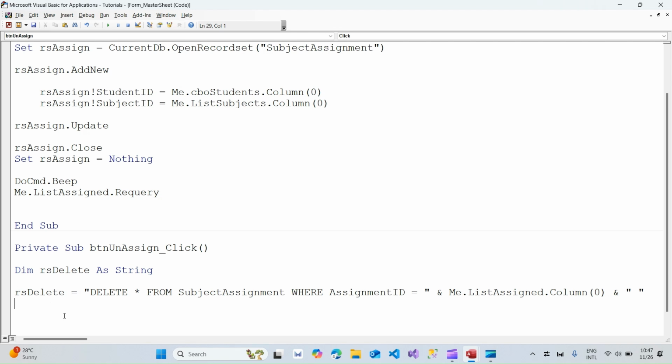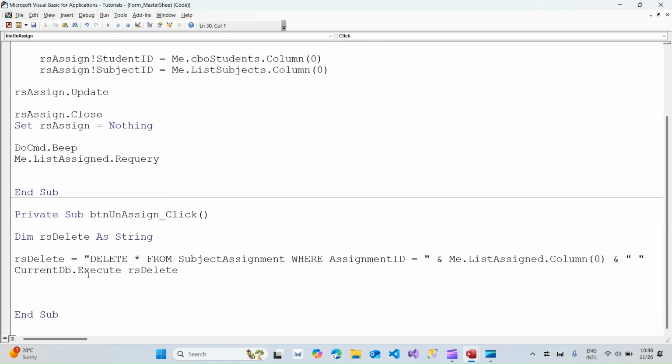To execute, we need to say to Microsoft Access current db dot execute. If I press space, it is asking me what do you want to execute. So I want to execute this SQL statement rs delete. Once that is done, it will delete the information. But for a better user experience, I'm going to requery the list assign. So I'm going to copy both